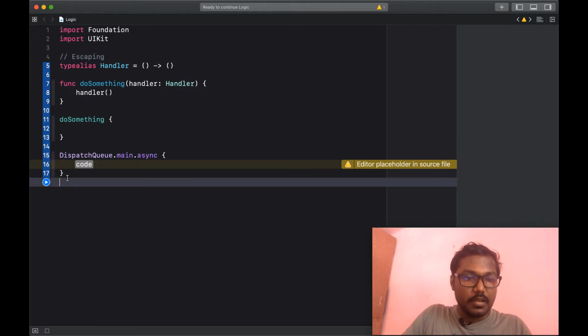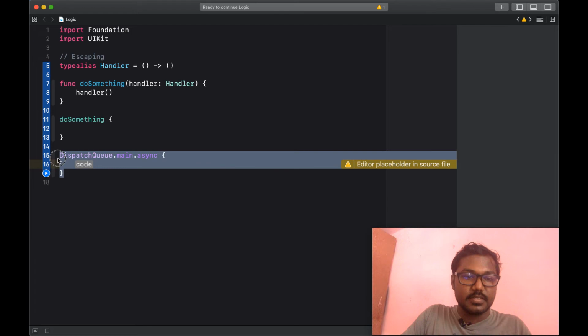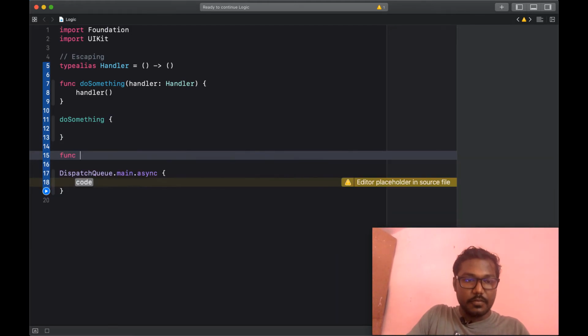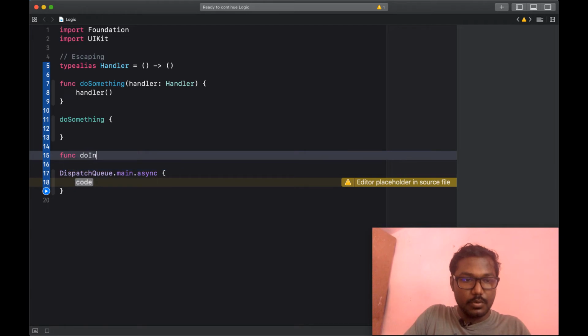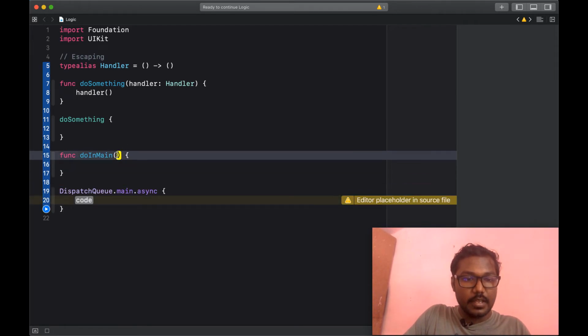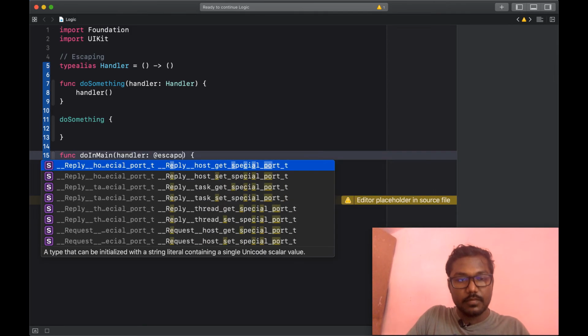We can't write this line of code on every screen, so we can create another function, doInMain. I create the function and pass the handler, and I am setting @escaping.